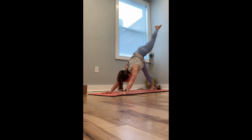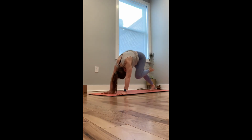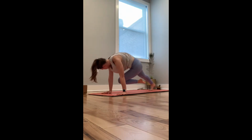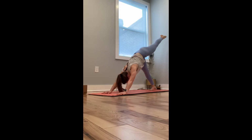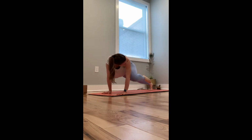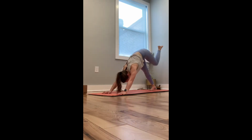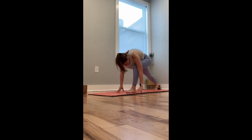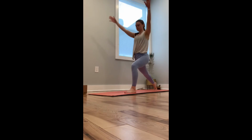Inhale, the left heel high. Exhale, knee to nose. Inhale, left heel high. Exhale, left knee, right tricep, cross it under. Inhale, left heel high. Exhale, left to left, gaze goes left. Inhale, the left heel high. And then exhale, step in between the palms, come high on the right heel and rise up to your high